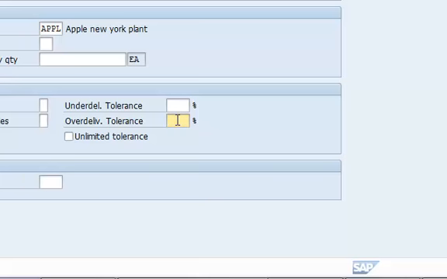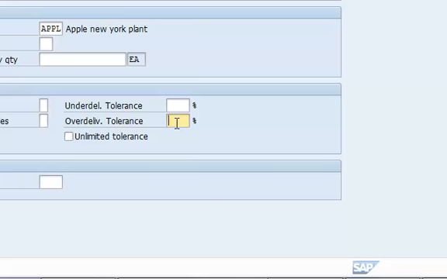Given that the customer has an over delivery tolerance, the customer accepts over deliveries, and so the system will look here, and if that 24 is within the customer's over delivery tolerance limit,